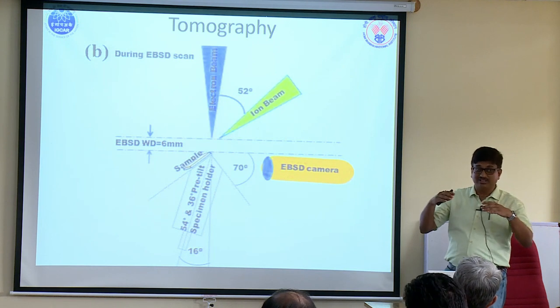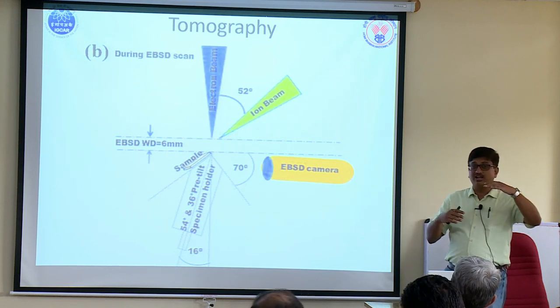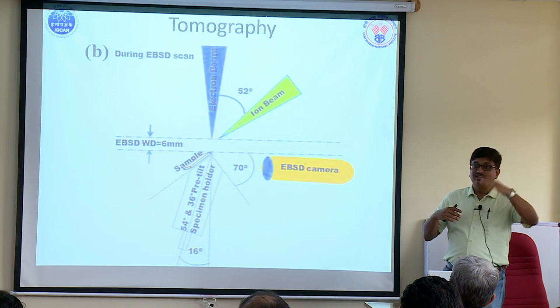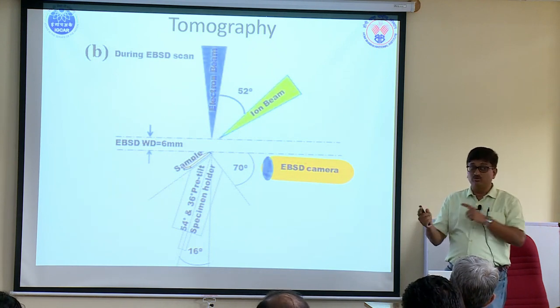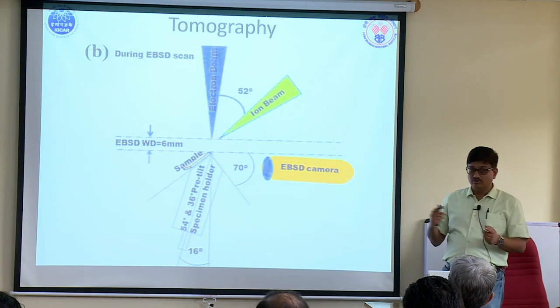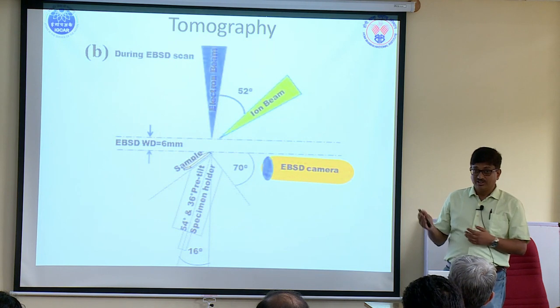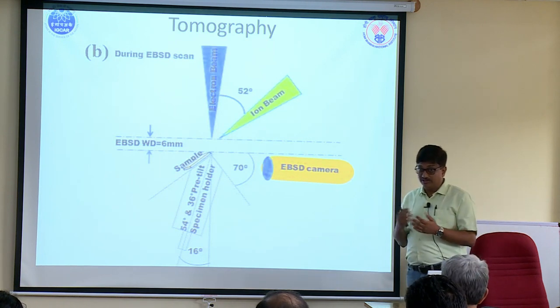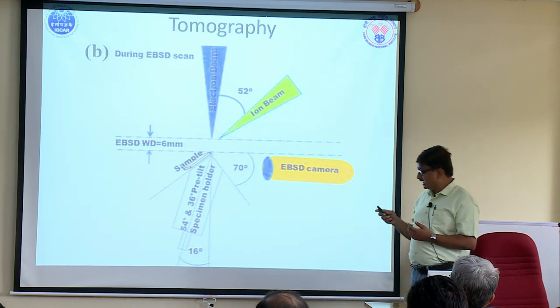So we prefer something like 6. So ask them to align between 4 and 8. Okay? Do all the calibration of the EBSD between 4 and 8. If you move too much, you might lose your fiducial every time you rotate, especially as you keep moving, the fiducial also gets weaker and weaker and weaker, because it is being imaged by both the gallium beam and the electron beam. So that's very important.